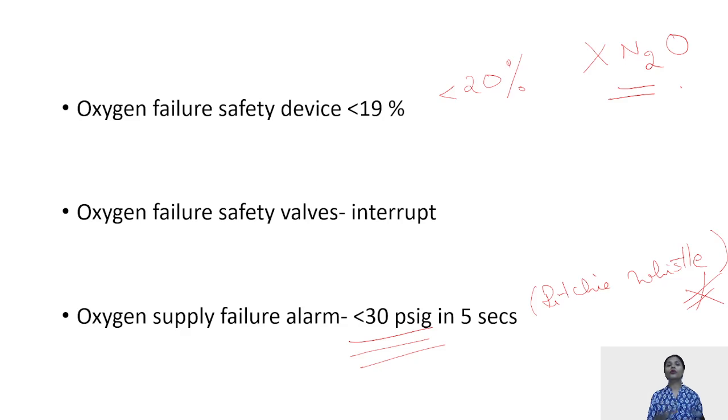We are going to come to similar failure safety devices in your low pressure system also. But in general, all these safety mechanisms are based on this very concept only, that oxygen and nitrous have to decrease proportionately to each other, such that a minimum mandatory oxygen percentage of 20% is being delivered to the patient. I hope it is clear.